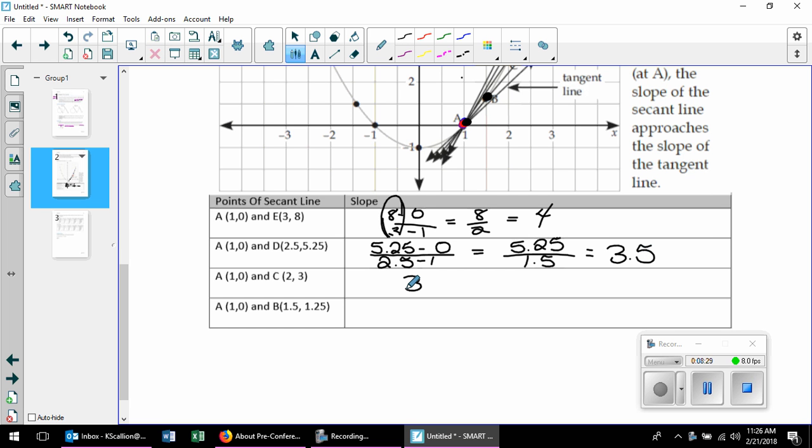And then for the last one, I did the math, and it's going to be 1.25 over 0.5. And that is going to be